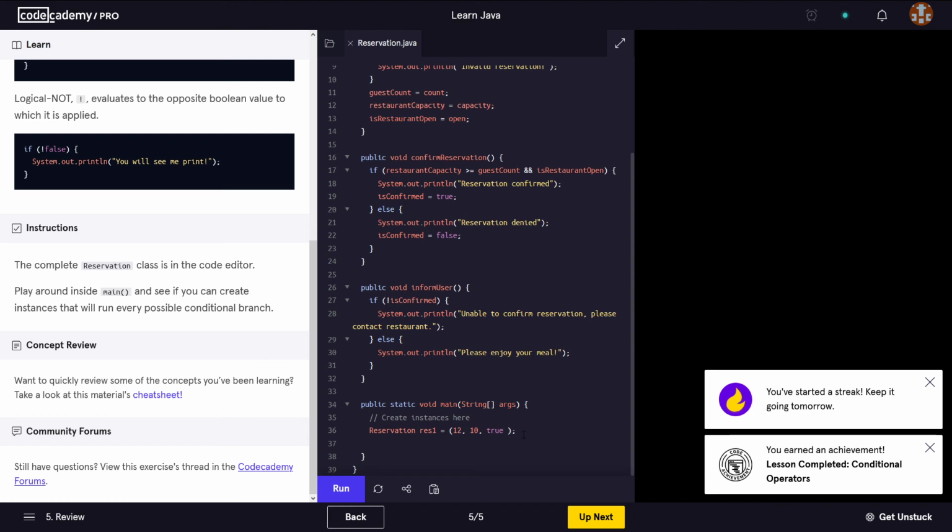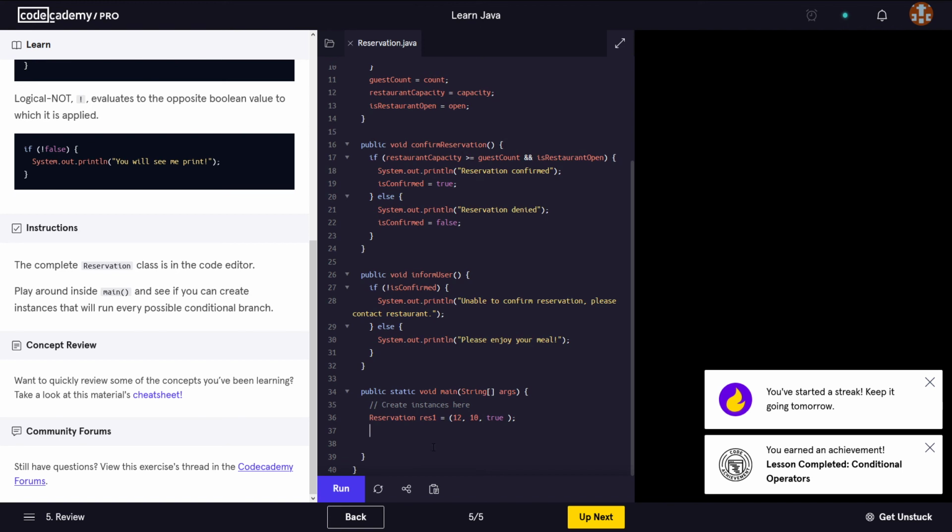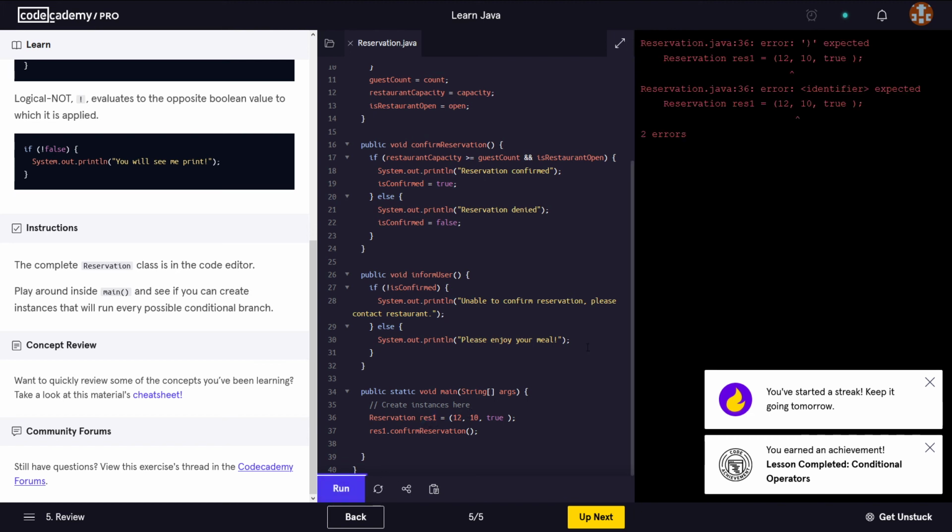True. Now, if we want to run some of the available methods on our object, let's say if we want to confirm the reservation on our first booking, I guess. We're gonna run it. What does it say? What does it say here? So on line 36, reservation